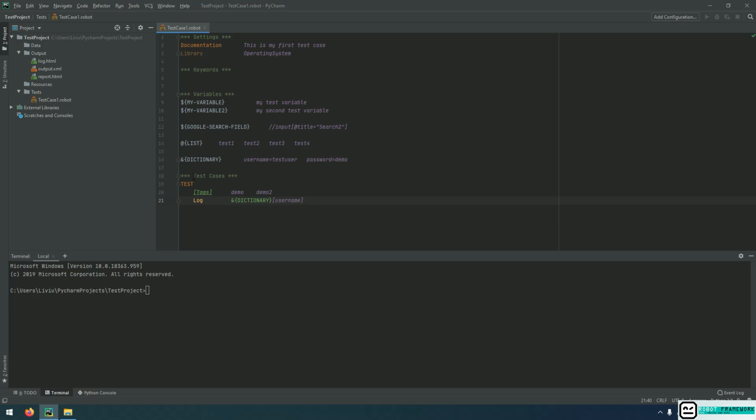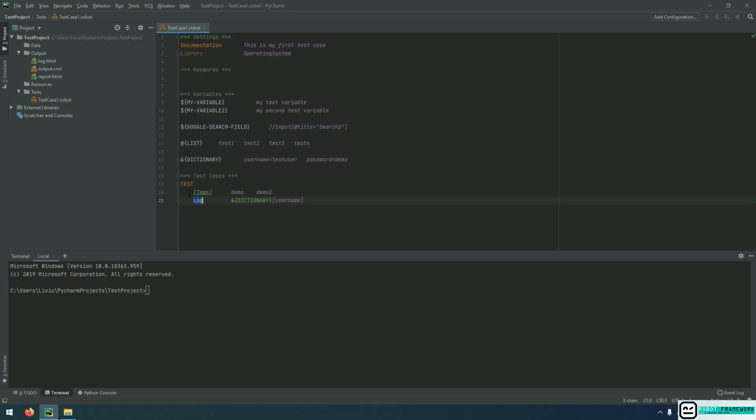And let's say, for example, that I want to execute this same test case with this same result, but I want to change this from the basic keyword to a keyword that I created. So for that, I will go to the keywords section, and from the first column, I will type down the name of the keyword I want to use. I can give it any name, but I must be careful not to give it the same name as an existing keyword from an existing library I want to use. For example,